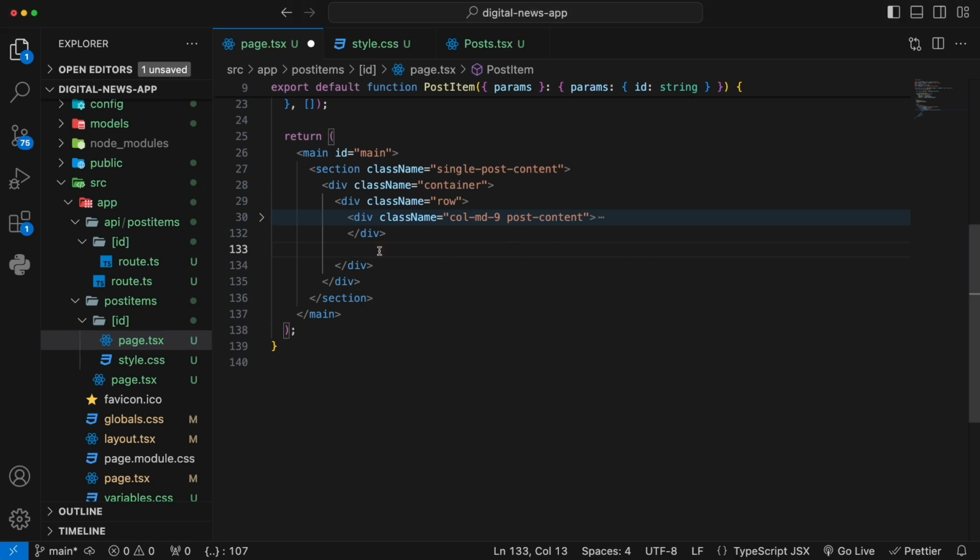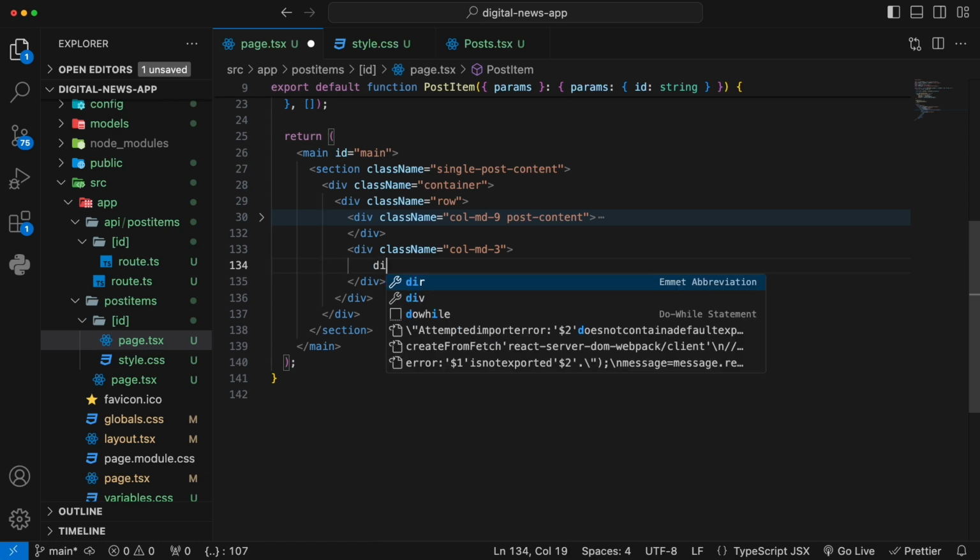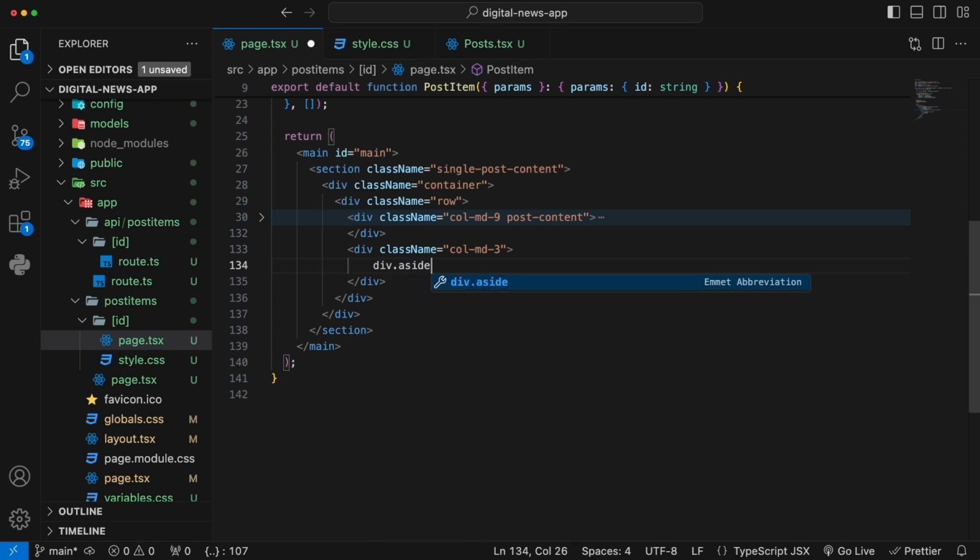So down beneath, we create another 3 column, which will take the remaining row. So we say div column hyphen md hyphen 3. So this will take the remaining 3 and add up together. This will be 9 plus 3 equals 12. Okay, and inside this 3 column, we build our side block, and that's going to be our div aside